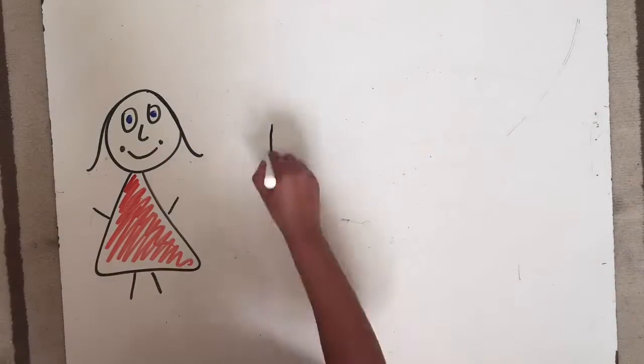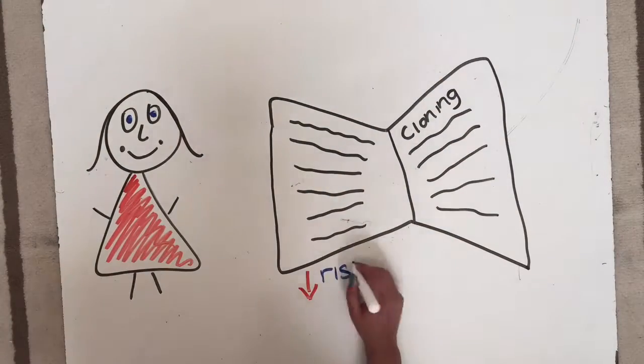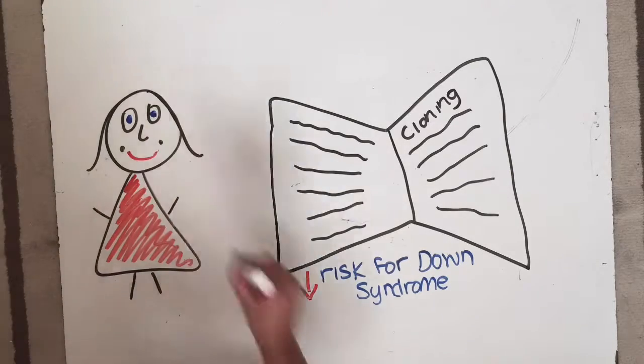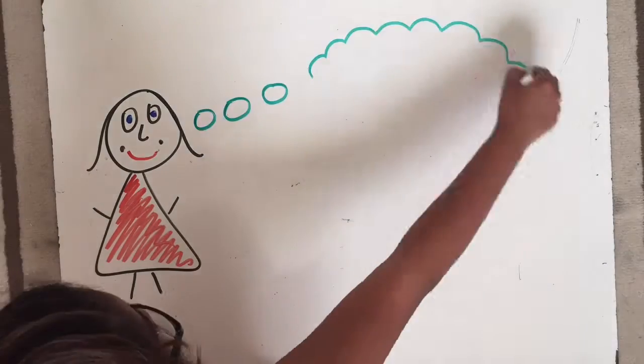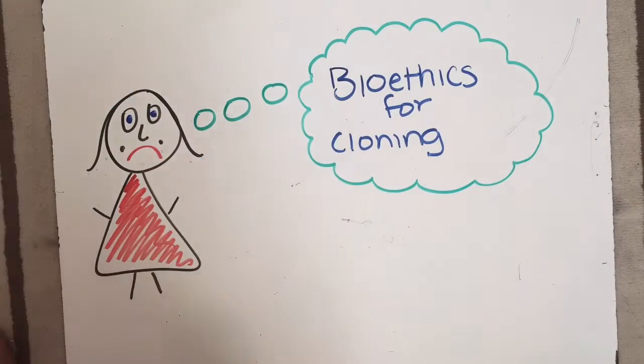Emily reads an article online about how cloning, producing a genetically identical replica of an organism, may reduce risk for couples who are prone to having children with Down syndrome. She considers this option for any future kids that may be born into her family, but then she remembers all the bioethical issues, moral contradictions associated with science, involved with human cloning, and decides that this is not an option